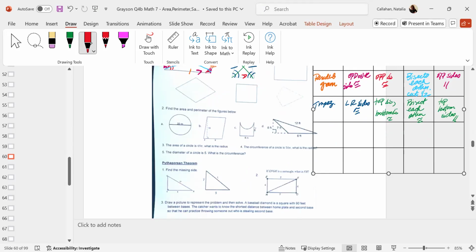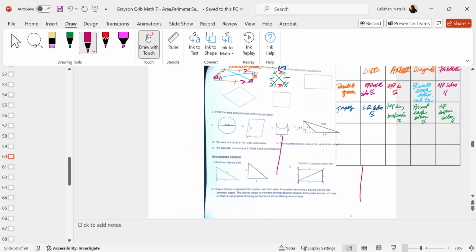So after you finish that one, you should know that the next one that you have here is a rectangle. Yeah, it's a rectangle. And then after that, I think that's a rhombus. And then after that,